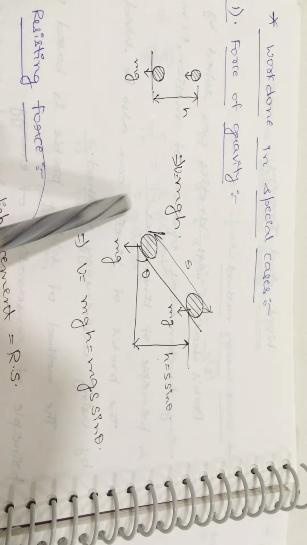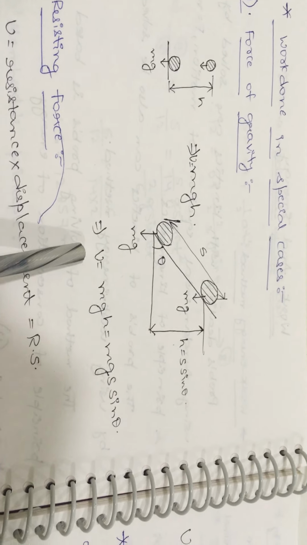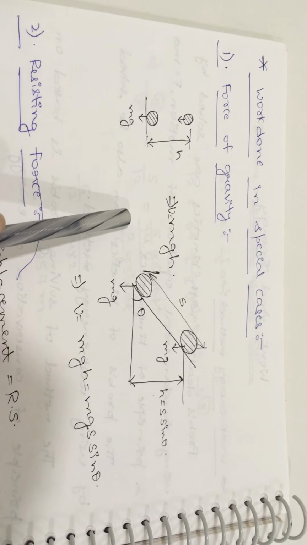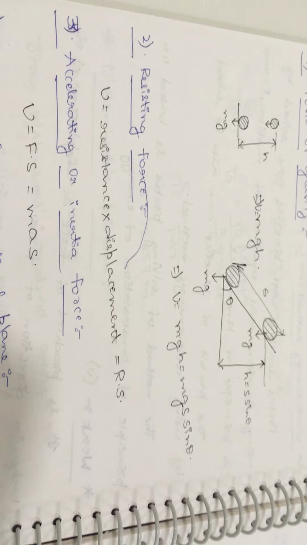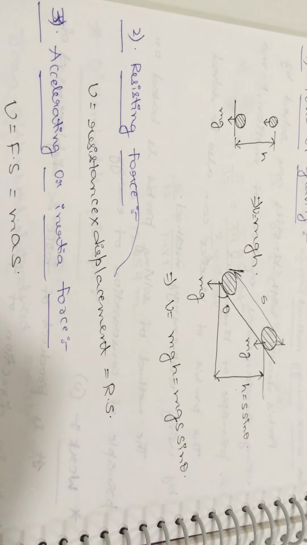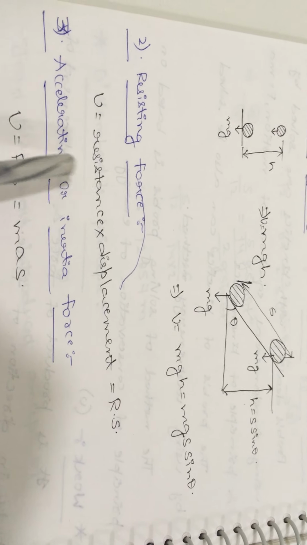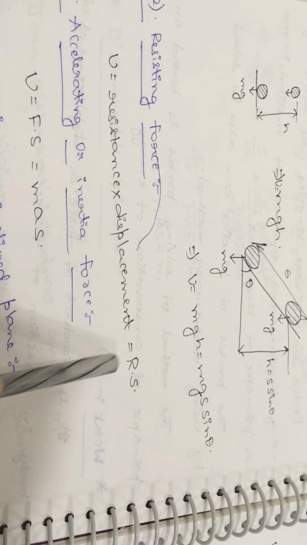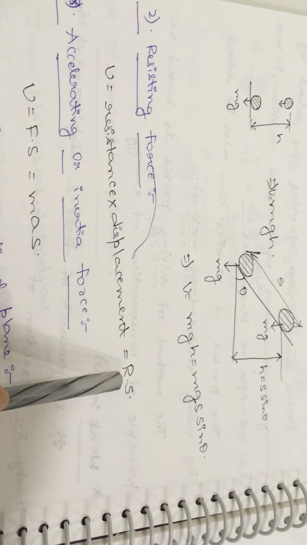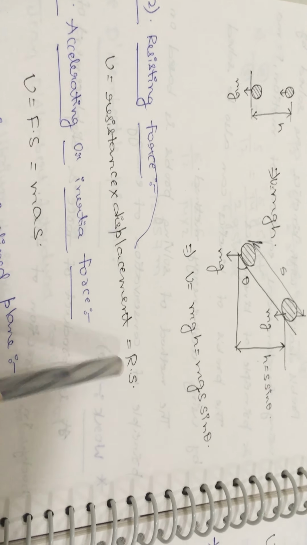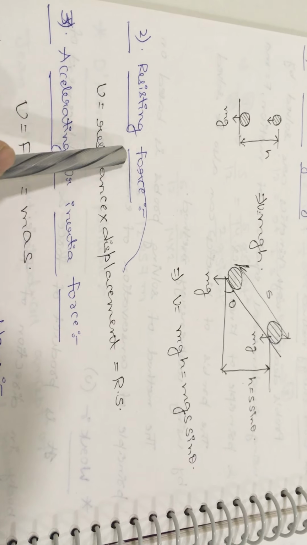So based on the force you are getting the work done formula in terms of mgs sin theta. So this is the first case based on the gravitational force. Now coming to the second one, resisting force. Suppose for example on any body some resisting force is there due to the friction, then in place of the F force you will get the frictional resistance force, that is nothing but R, the resisting force. So you will get the work done formula in terms of R into S